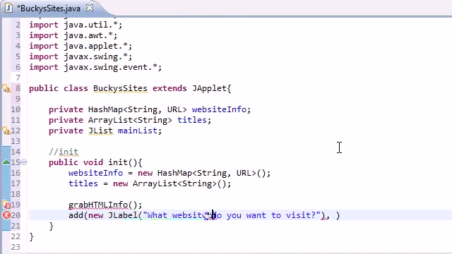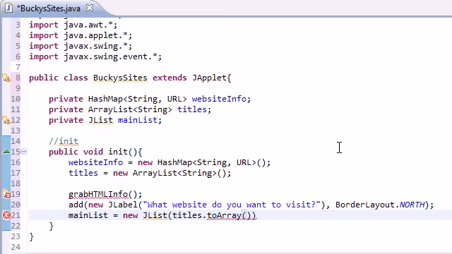method 2. Oh, look at this. It already knows what we're